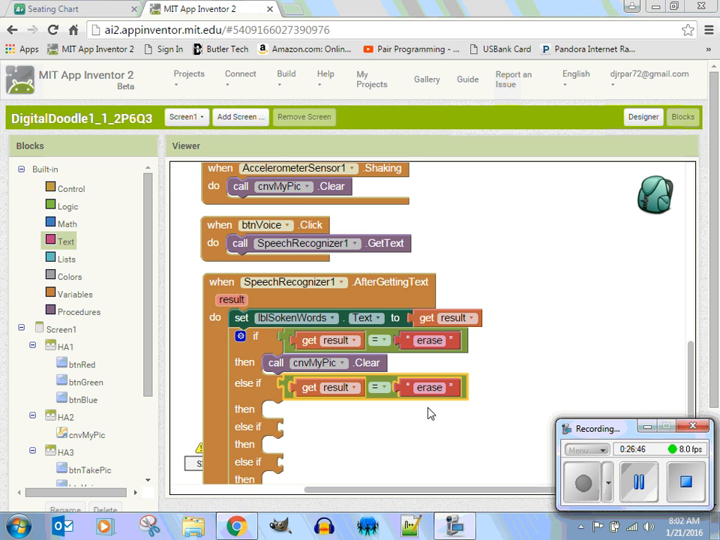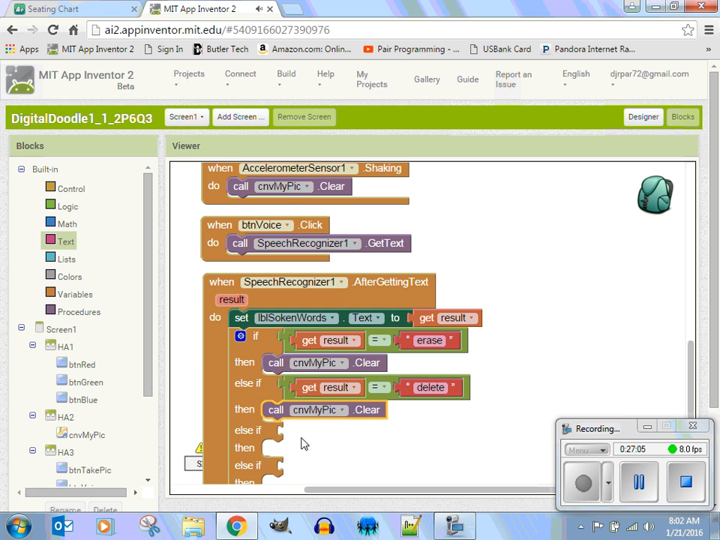Okay, you ready? What happens if they say delete? If they say delete, what am I going to do? I'm going to clear the canvas. Okay. So I'm going to do the same thing. Clear the canvas. What's another word they could say that would erase? Clear? Okay, so what happens if they say clear? So I'll duplicate this. And if they say clear,